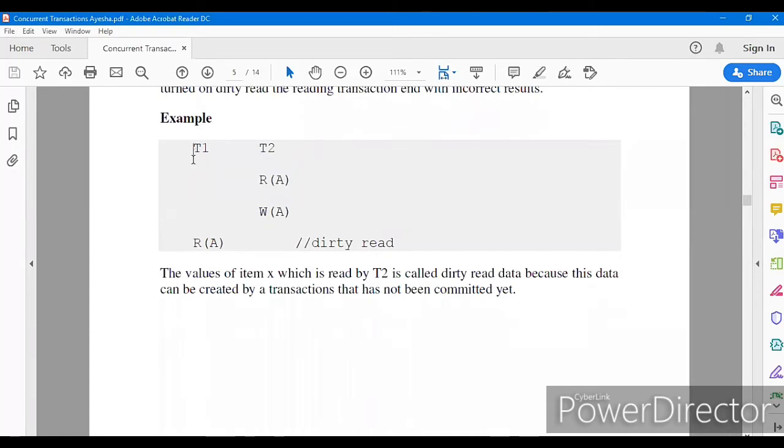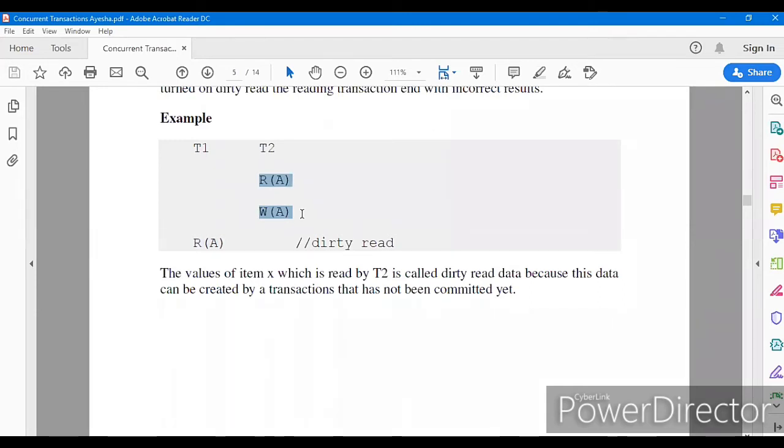So here, after this write operation by T2, T1 is trying to read. But since this wasn't committed, and if there is a system crash after the write operation, then this transaction has to be rolled back. Because when the commit operation is performed, only then the data gets saved to the hard disk.